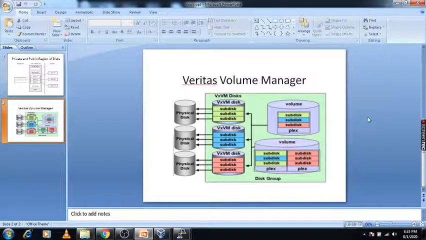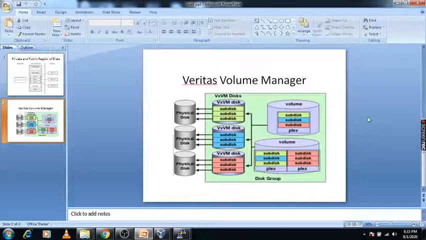There are multiple features provided by Veritas Volume Manager. Veritas is robust because of its architecture. There is dynamic multipathing, which is configured for the multiporting process.